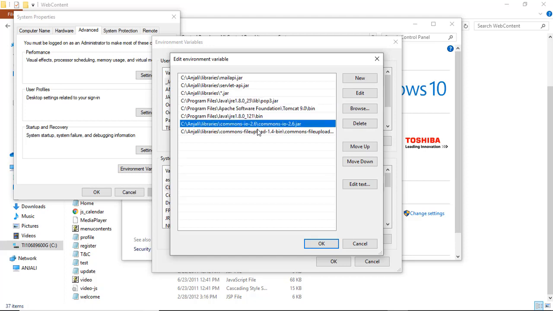Now here I have used common IO. So this common IO jar file, these two files, all you need to do is click new and edit or browse it and mention it here. So this is my library, and specifically for file upload, these two jar files have to be included in your system